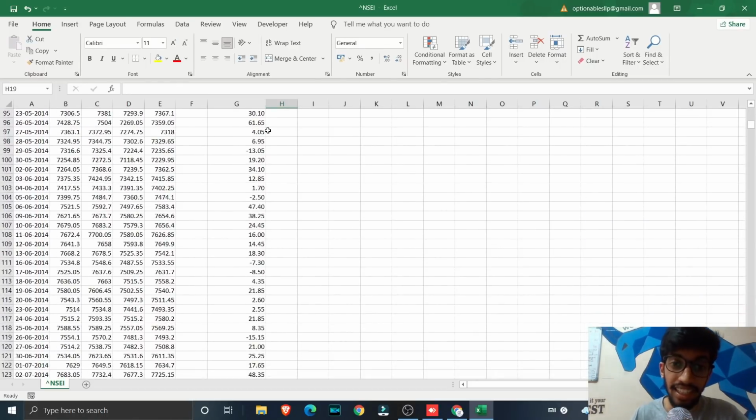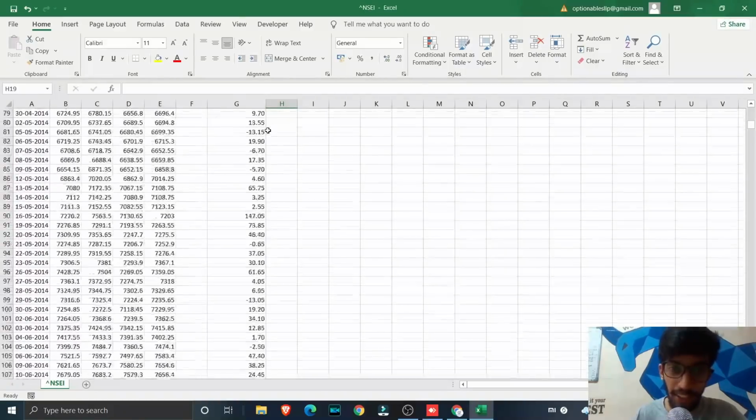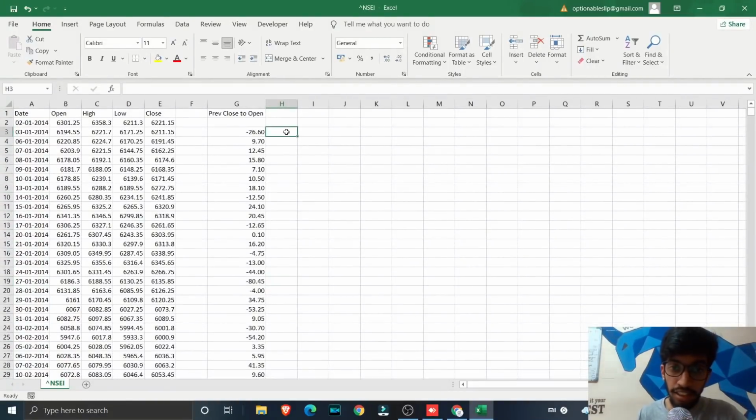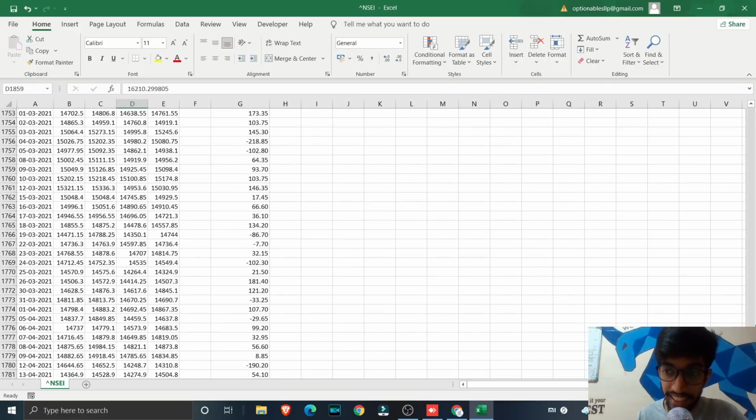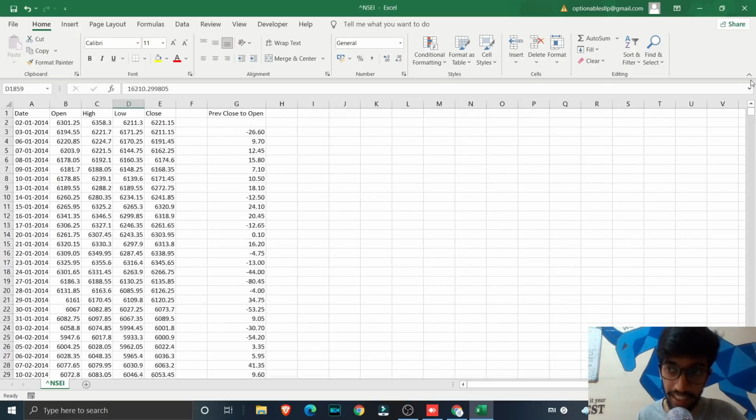What will be the Nifty data, right? So you have all the numbers right over here. So the numbers are not going to make any sense by themselves, because a 26 rupees or 26 point move when Nifty was at 6,000 is not equal to a 30 point move when Nifty is at 16,000. So you will have to express this data in terms of percentage always, because numbers alone are not going to make any sense. So we are just going to write a percentage column.